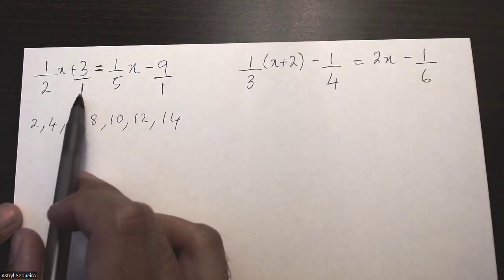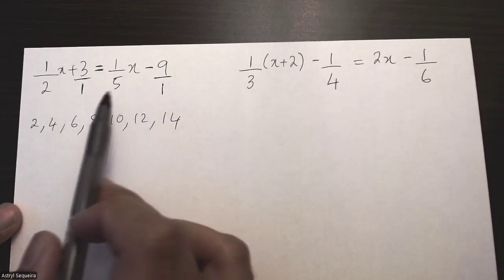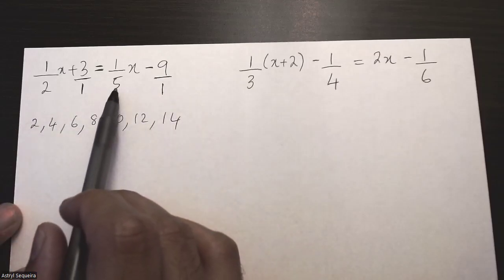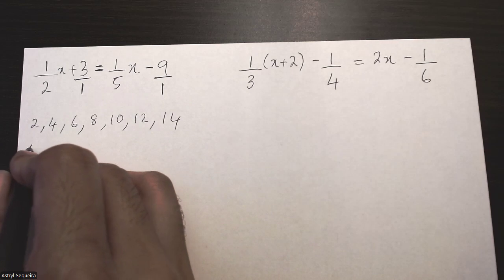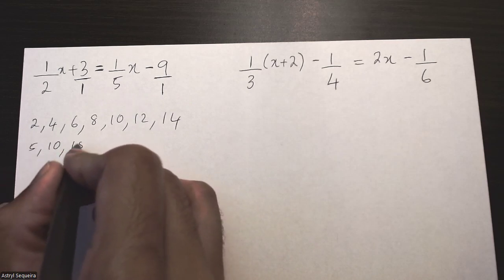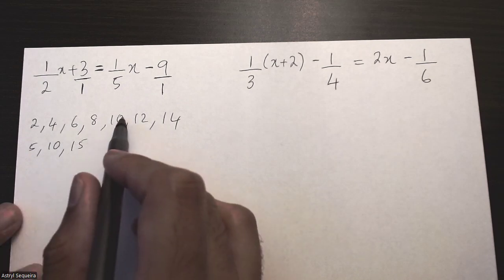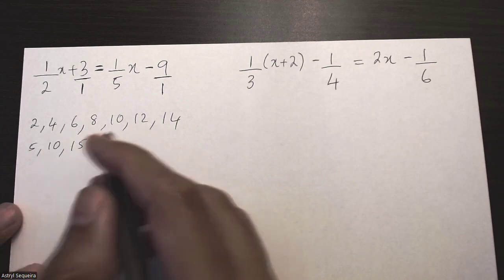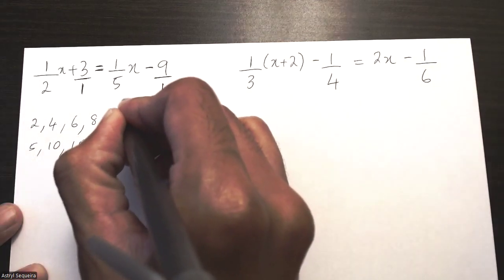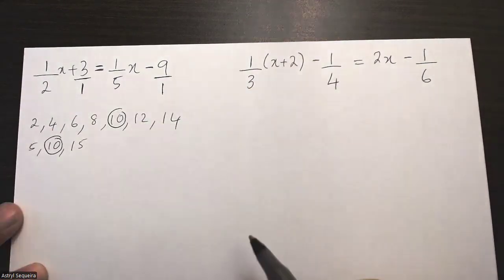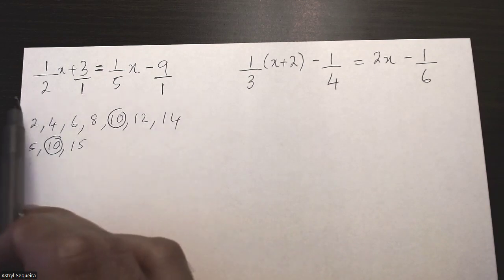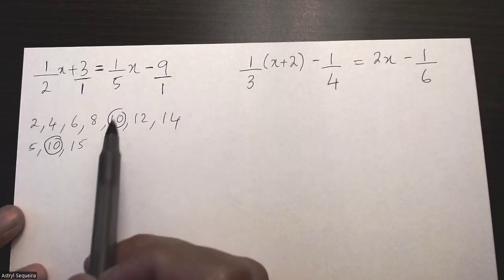I don't have to ever list out multiples for 1 because that's pretty simple. Multiples of 5 are 5, 10, 15. And then I don't actually have to go further because you want to notice your first repetition in these two. In this case, my first repetition is 10,